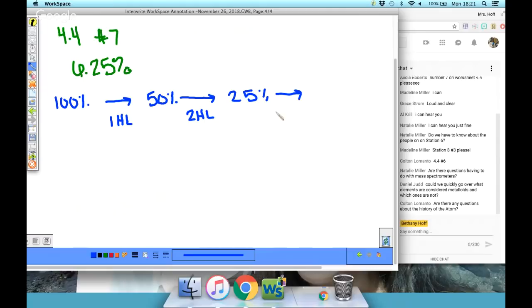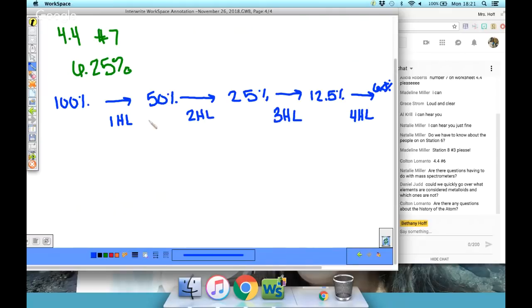After my third half-life, we're going to get 12.5%. And then at my fourth half-life is where we're going to get our 6.25%. I'm running out of room. So what that means is that to get to 6.25% of our original sample left,